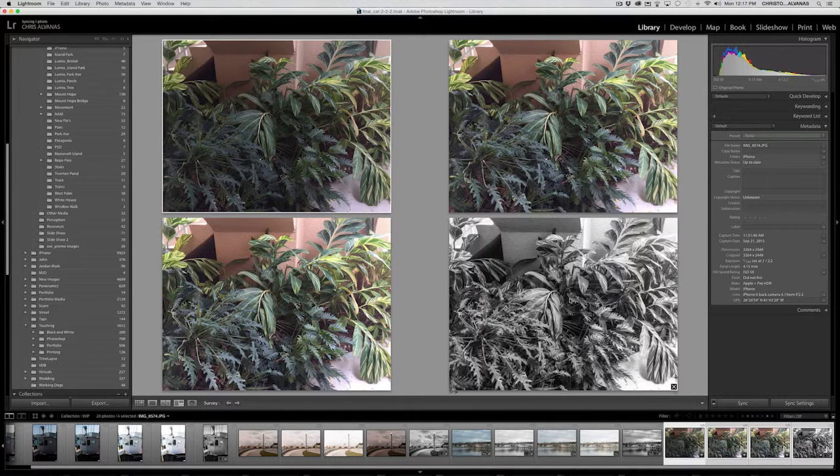You can go into Photoshop, you can take it to Silver Efex, wherever you like to go with the image. But the fact of the matter is we took 3 pictures with an HDR program from my iPhone, transferred it to the computer, brought it into Lightroom and did an HDR merge and got a much more defined image. Now you'll notice that when I click on this image, one thing I want